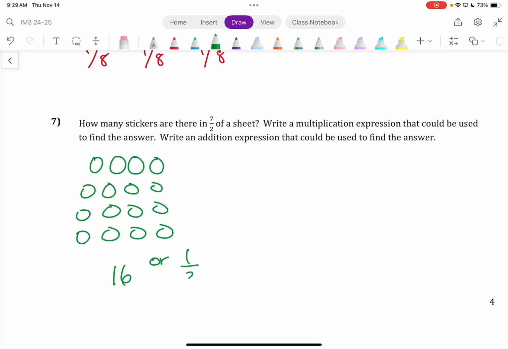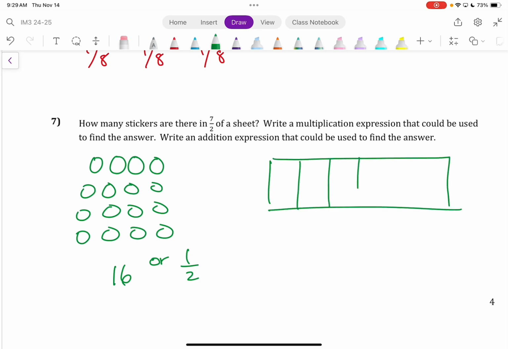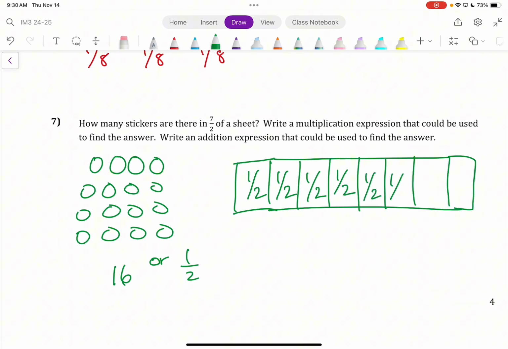16 or 1/2. How many groups would I need then? How many groups of 16 would I need to show 7/2? I would need 7 of these. I'm not going to do 16 smiley faces. It's going to take too long. But let's call this a half. So that's 1/2, 2 halves, 3 halves, 4 halves, 5 halves, 6 halves, and then an extra one, 7 halves. Right, this represents a total of 7/2,